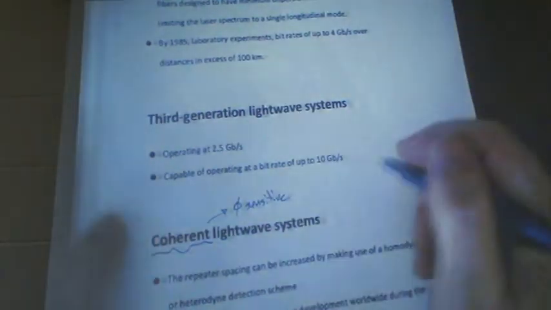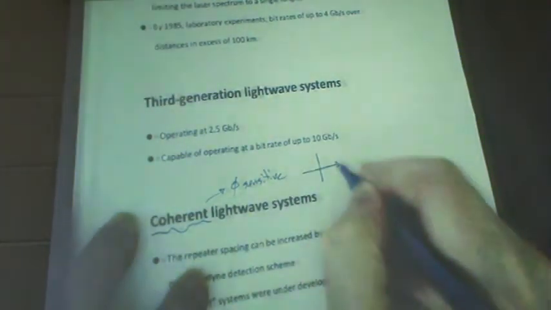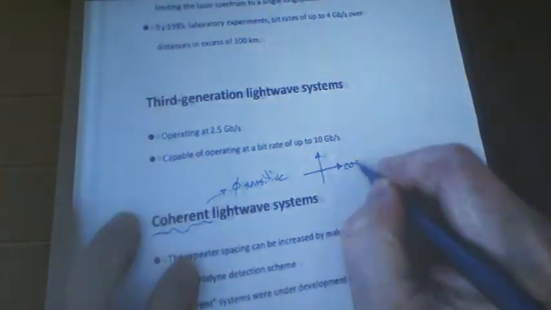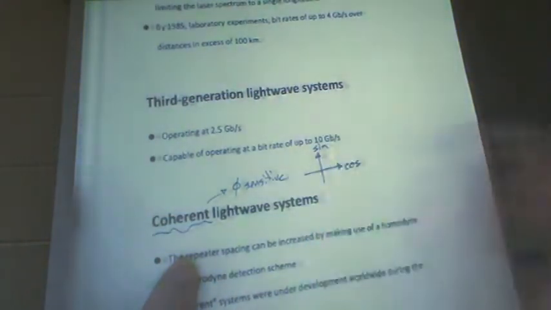If you haven't seen this before, you're seeing it now. I don't have to just have amplitude modulation. I can have phase modulation, right? Remember your little trig, cosine of this angle, or this phase, phi,